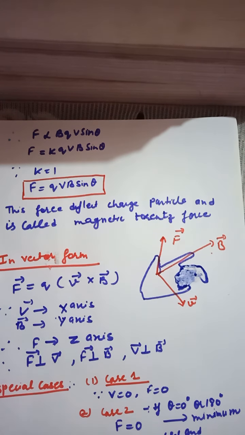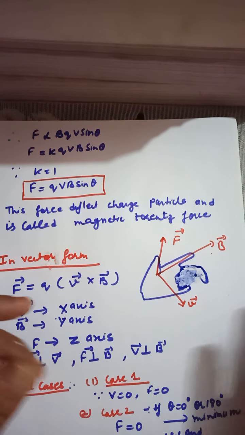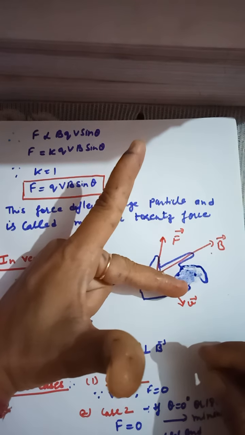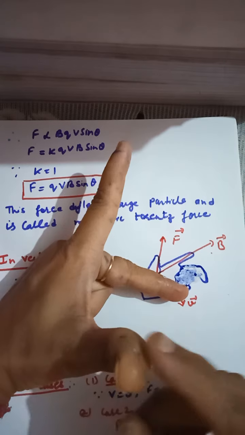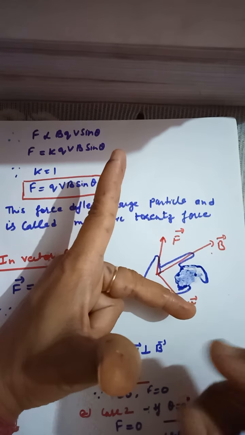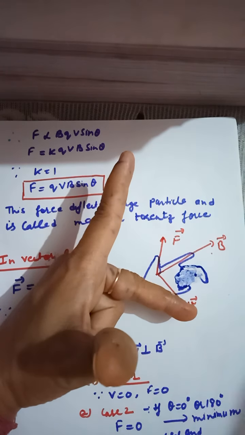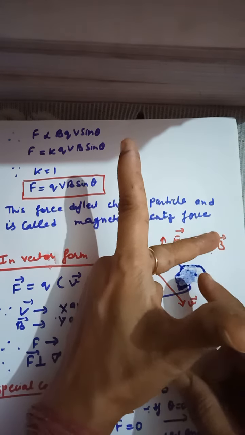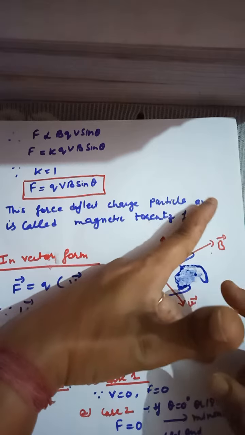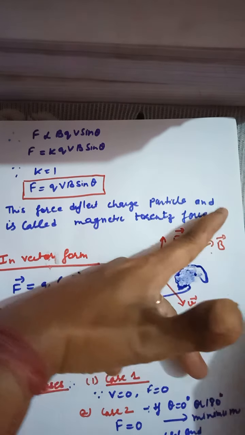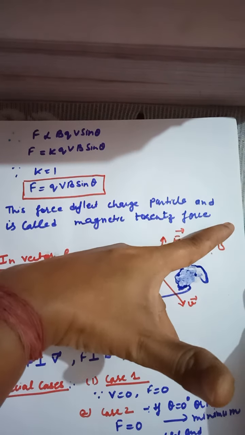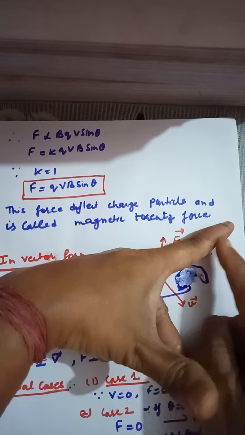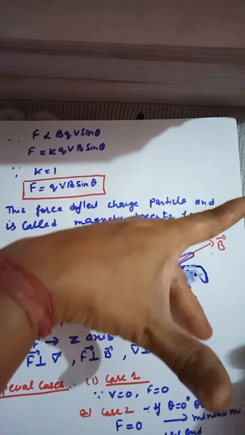You all know very well about Fleming's left hand rule. According to Fleming's left hand rule, you will stretch the fingers of your left hand like this. The first finger gives you the direction of the magnetic field, and